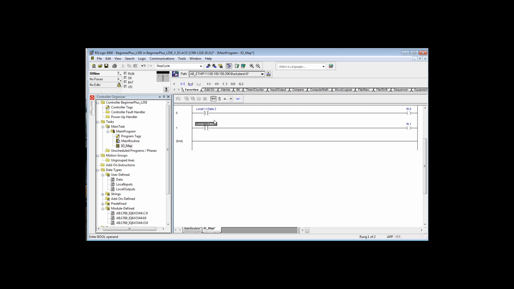You are mapping scattered inputs into something that's sequential. So it looks like consecutive or contiguous bits in a word. And it is. This is bit 0 and this is bit 1 of the integer data type tagged as IN. So that's mapping I/O. Now, if you use these in place of these in your program, then these are buffered